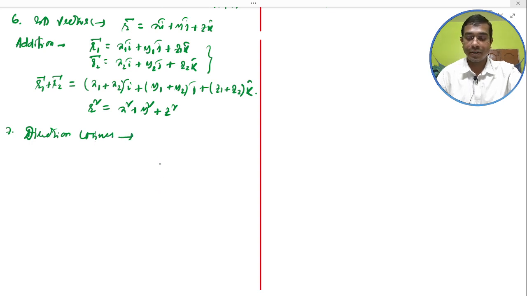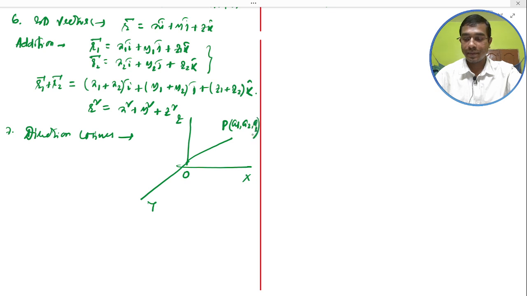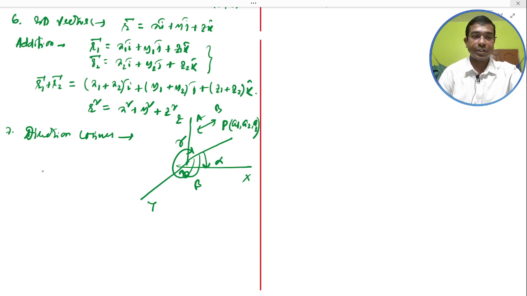The direction cosines. Suppose this is the origin, with axes x, y and z. Let P be any point defined as a1, a2, a3. This is the vector AB. That makes this angle x with alpha, y with beta, and z with gamma. So the direction cosine here, the OP vector, is equal to